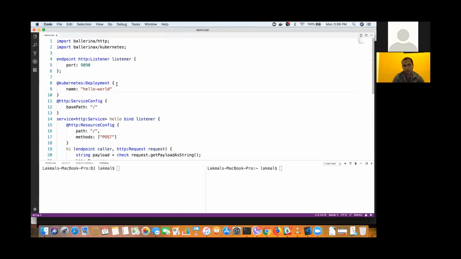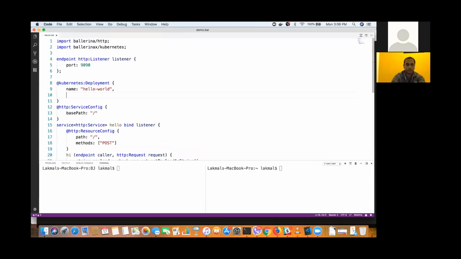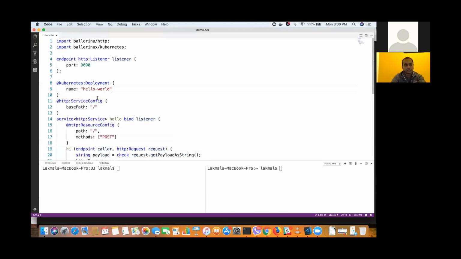Since I have not set the Docker image name, I can set it here. If I do not set the image name, it will use my hello service name as the Docker image name and build the Docker image by default.